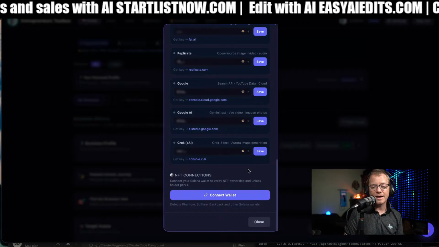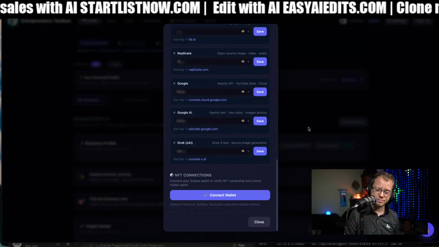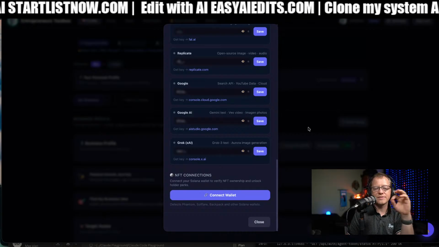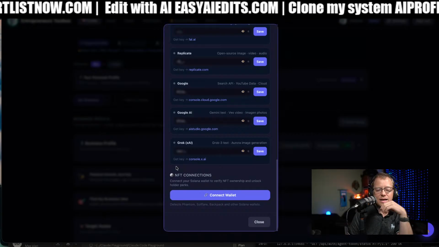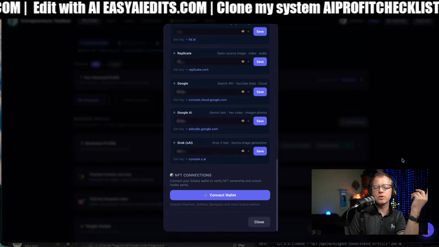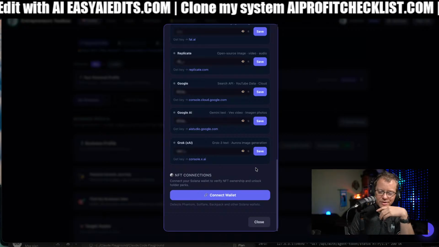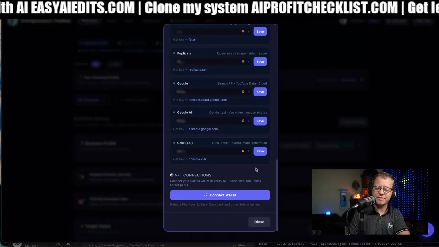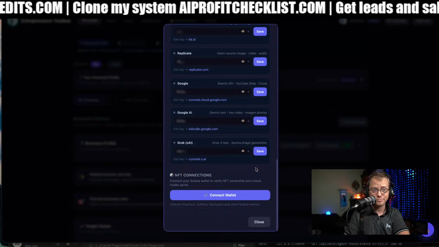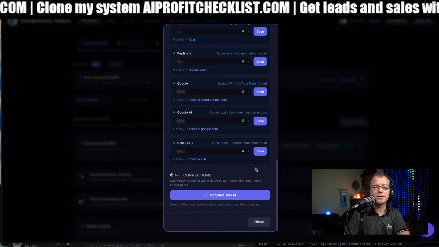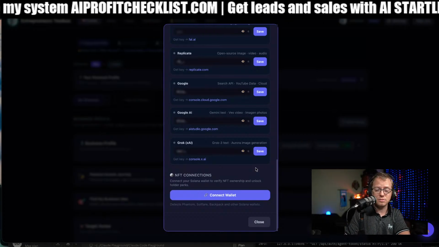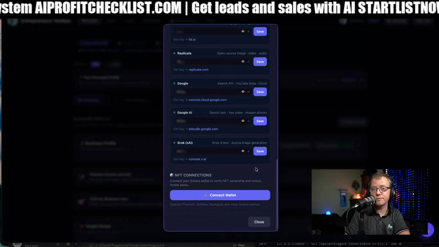But I want to be able to say, okay, in the admin panel, you can select your NFT. So you just have to add in the token ID, and then whatever they get if they have that. Now, if you don't know what that means, no worries. The idea is that if I have anybody who's a Web3 person that has an NFT, it doesn't matter if you think that NFTs are dead, they're not. The point is that if somebody has one and I want to give them a perk for having it,